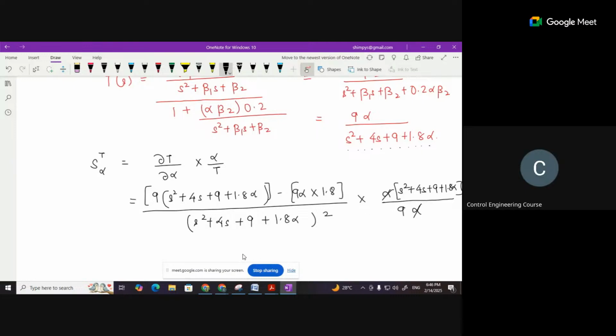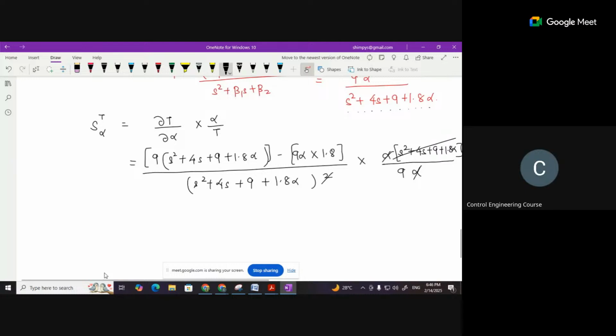Yes, ma'am. And I can cancel out this term, right? I'm going with this first principle so that it becomes very much clear to you. Otherwise, we can directly use the formula and put the values and get the answer. That you can do it yourself. So on solving this, let us see what I'll get. 9 s square plus 36s plus 81 plus